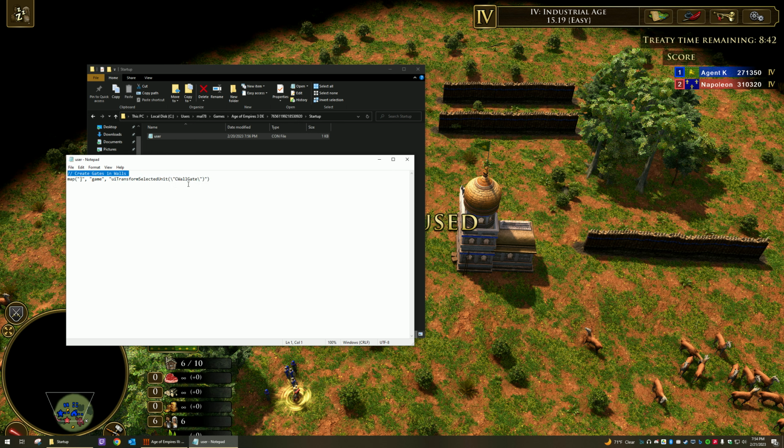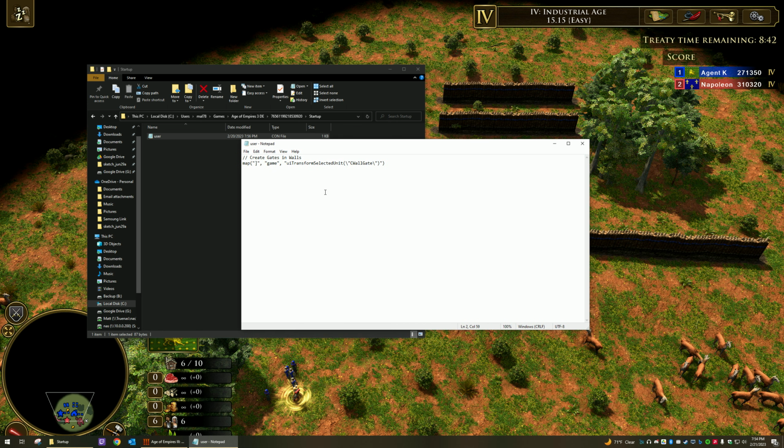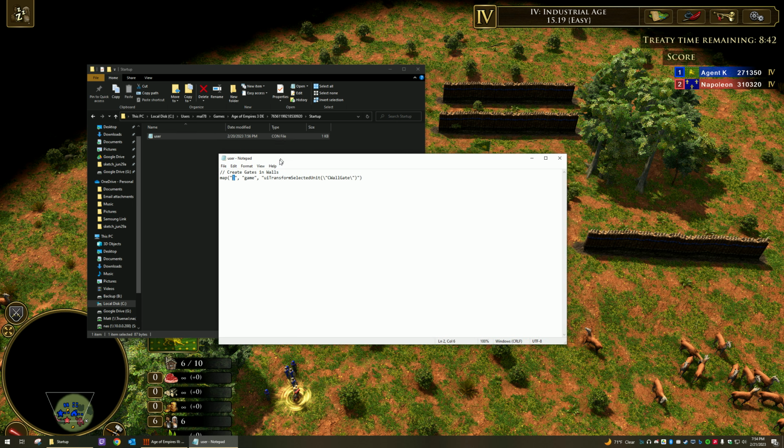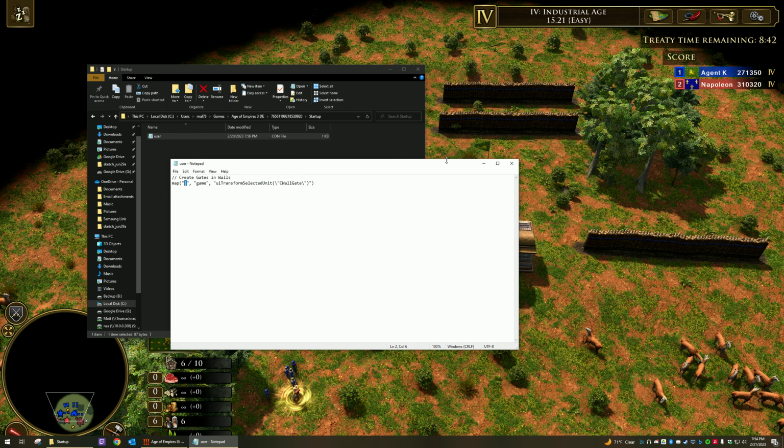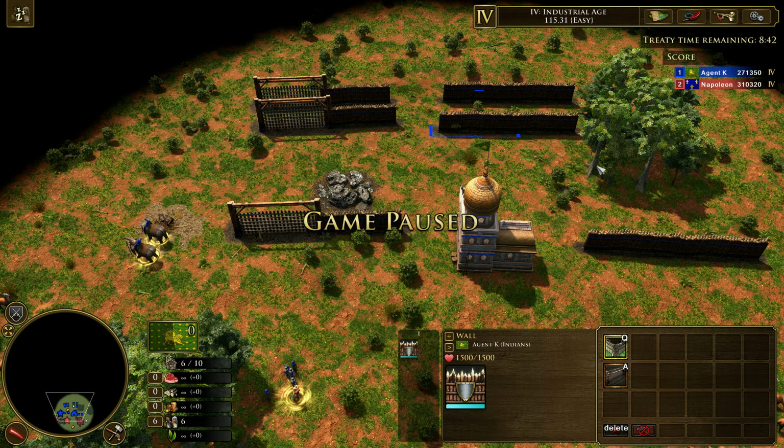The first line is a comment, and then this is the actual modification that you're making. What this does is it allows you to set a hotkey to make a gate. For the purposes of this video, I have set it to the right bracket. Whenever this is saved to this folder, it will load this modification when the game starts up, and it will load this hotkey in. It will not show anywhere, so if I go and switch to legacy hotkeys,